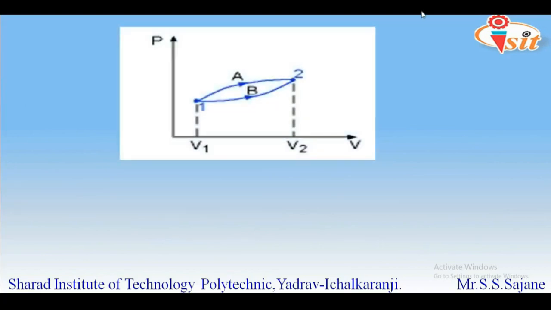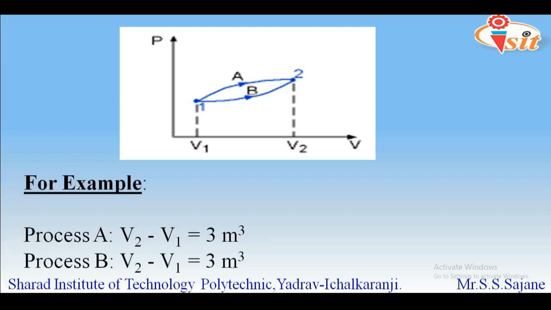Again, we will consider the same example. Here we can see the PV diagram, pressure versus volume diagram. Again, here two processes are given. The system is changing from state 1 to 2 via two paths, that is path A and path B. So for point function, if we consider path A, then in this case,